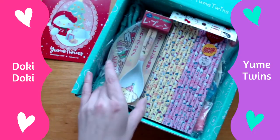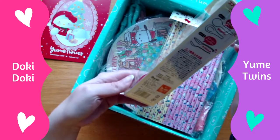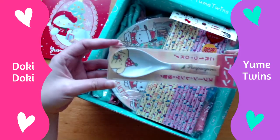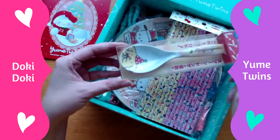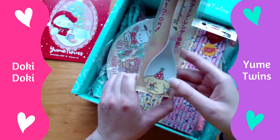second. Another spoon! I have another spoon. It's like the spoon that I got the other time and I didn't know what it was for. Is it for shoveling rice, did we decide in the end? Like serving rice to yourself because it's long, low and shallow. Like a scoop. It's Spot the dog, aka Pom Pom Purin again, with his little happy party hat and his